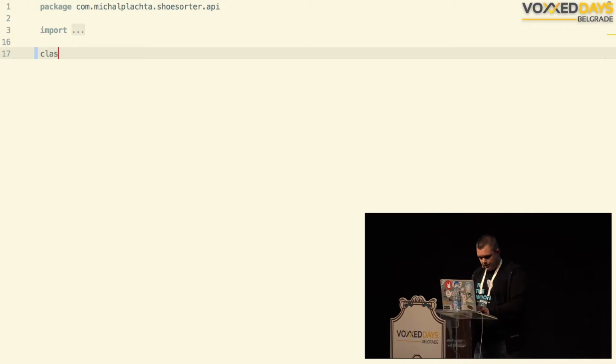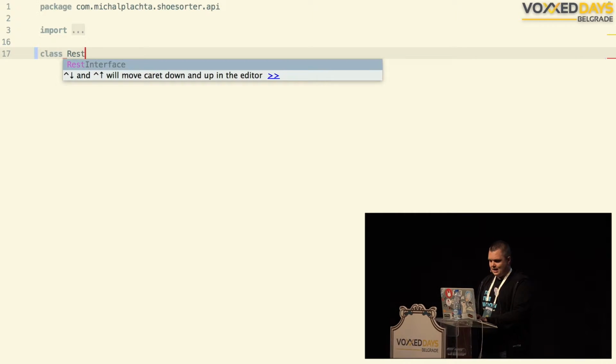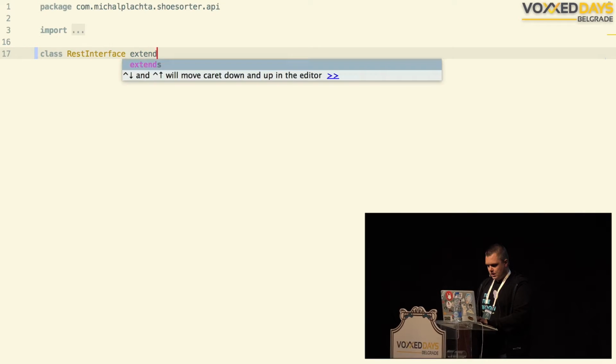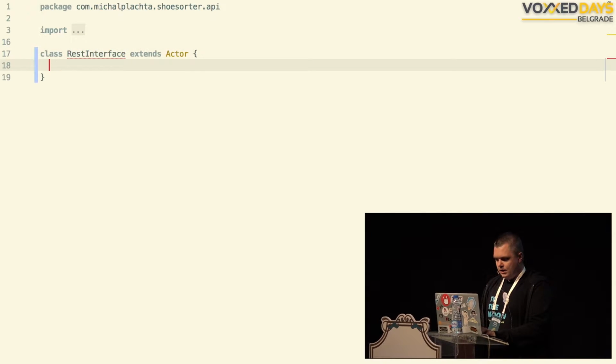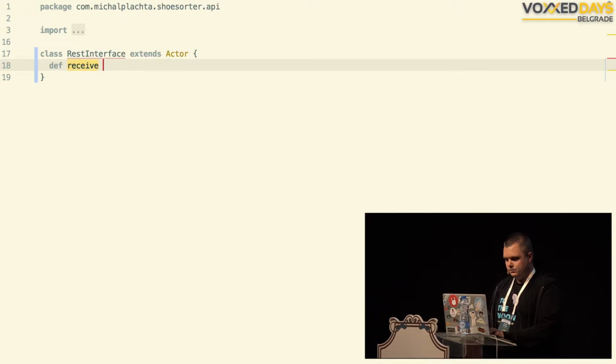Yeah, okay, class. First, we'll implement the REST interface, actor. So everything will be modeled as actors. Extends actor. Each actor always needs to have a method which is called receive. So each actor has a method receive, and the messages that are coming towards this actor need to go through this receive method.